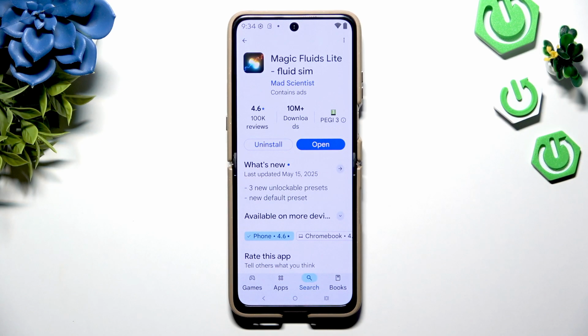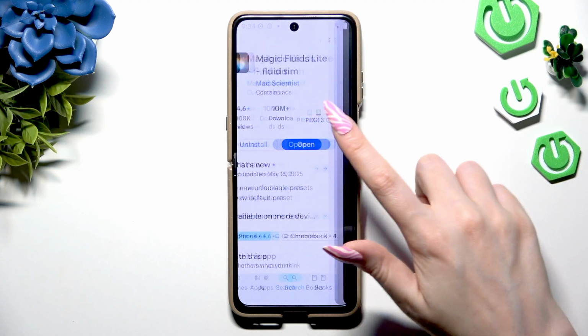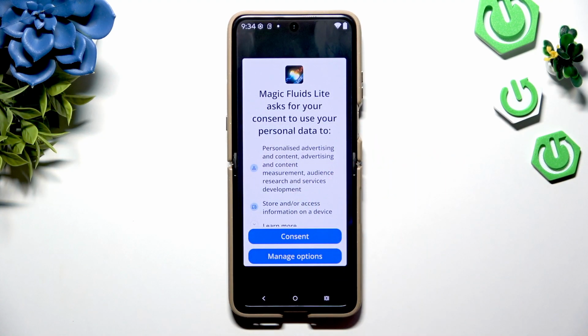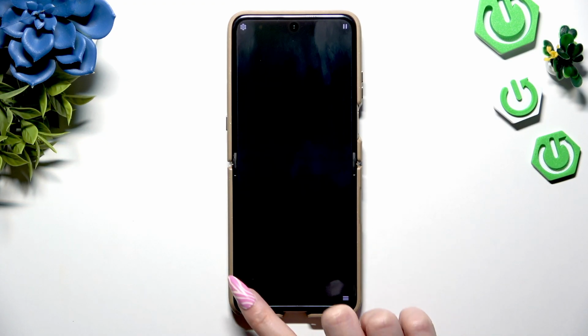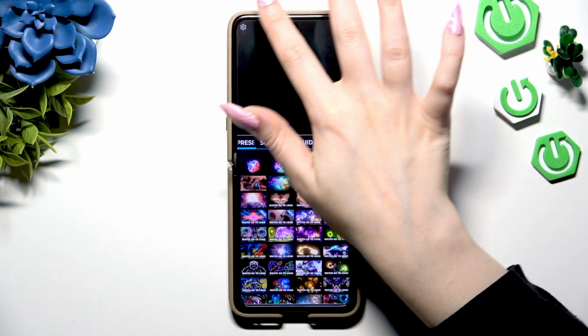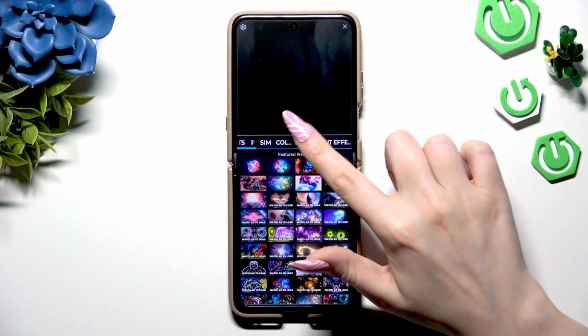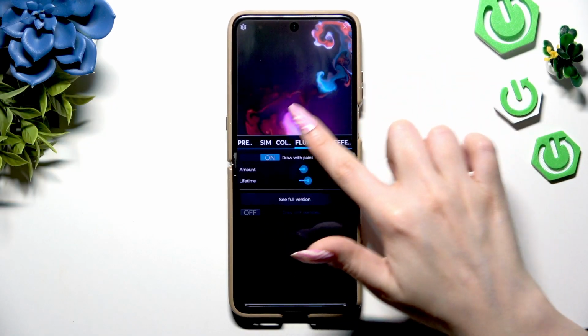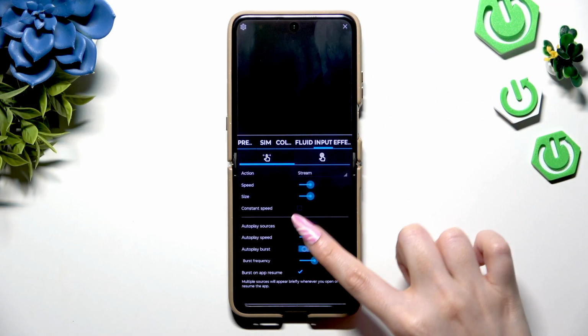When it's ready, launch it, and to mute the music, click at the bottom left corner. Then select Consent, and to access all wallpaper settings, click on this gear at the top left corner. Now you can either adjust this wallpaper thanks to all of those options,